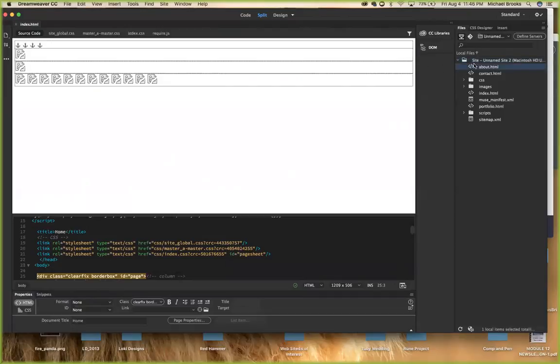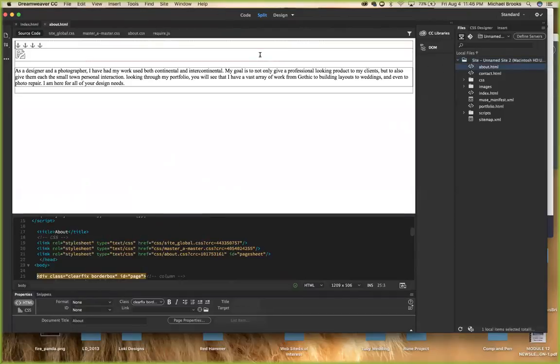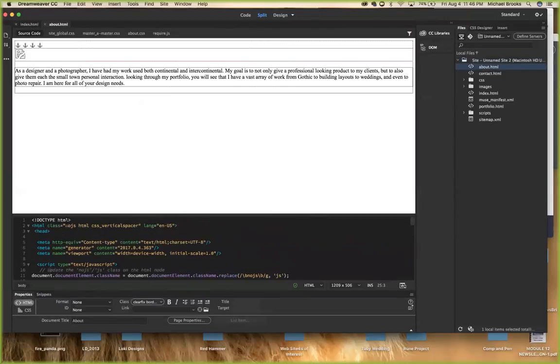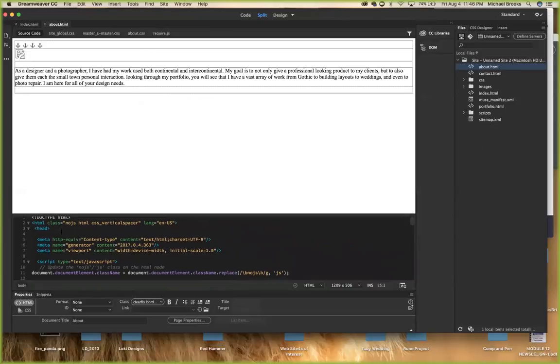Now, no matter what, notice all of them have this issue because they were created elsewhere. Now, you can make some changes here. All right. So, for example, notice